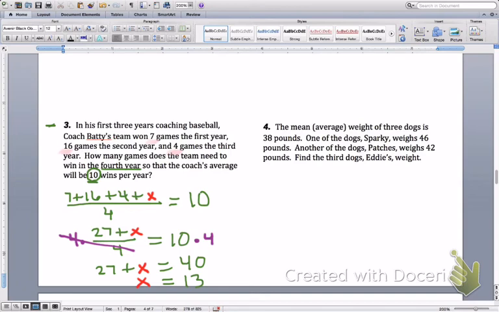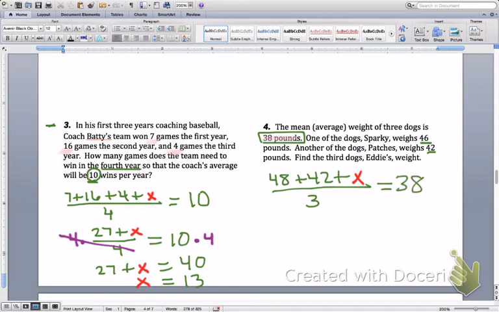The mean, or the average, weight of 3 dogs is 38 pounds. So this is my average right here. One of the dogs, Sparky, weighs 46 pounds. Another dog, Patches, weighs 42. Find the third dog's, Eddie's, weight. So we want Eddie's weight in order for their average to be 38 pounds for the 3 dogs. So here we have 3 dogs. So we have 46 for Sparky, 42 for Patches, plus X for Eddie, which we don't know his weight. But we know when we add all 3 of these and divide by 3, that equals